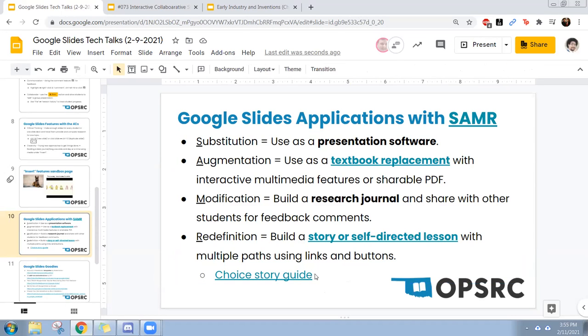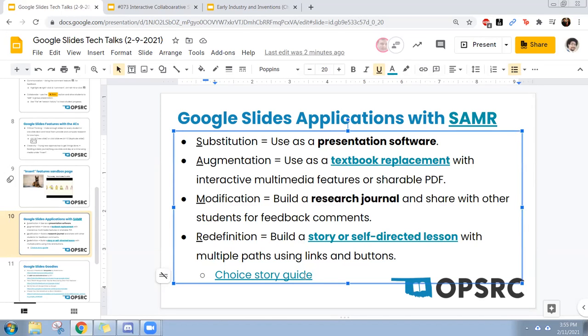And so that application is a little more involved, but if that's something that you want to try with your students, it's a really definite way to build a task that wouldn't be possible without using some of this technology. And so I did add a little bit of a goodie here, a guide in here, which is actually a pretty good place to start transitioning into